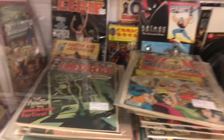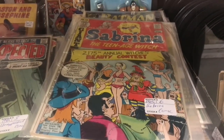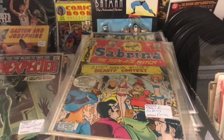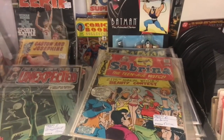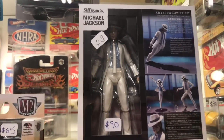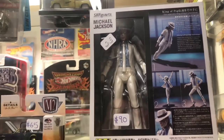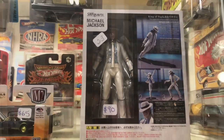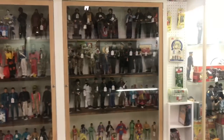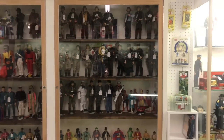But here's just a bunch of comics. There's Sabrina. If you've seen this show on Netflix, let me know down below. I started it. It's pretty insane. They have the S.H. Figuarts Michael Jackson, which is pretty sweet. I think Rube is looking for that one, I'm pretty sure. Here's a case full of, I think these are G.I. Joes, maybe? Maybe they're just 12-inch military figures, but